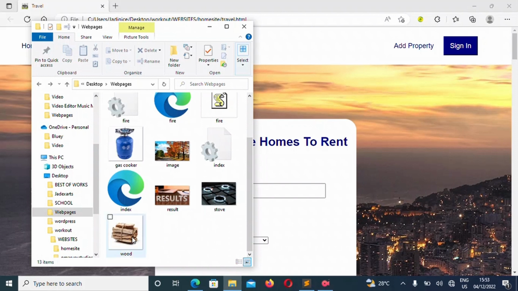It all happens as a result of having the copy of the image and not having the main version, the original version. So you need to get the original version and move it to the folder in which your HTML file is. So these are the two things you need to keep in mind: moving it and making sure that they are in the same folder.